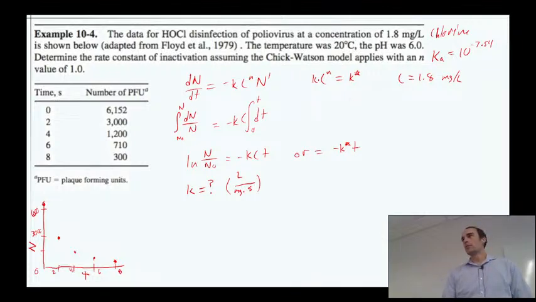One thing you'll see in this problem is that we're given some information that we could use to find the equilibrium value of HOCl, to see specifically how much is HOCl. At pH 6, it's mostly going to be HOCl. There's going to be a little bit of OCl minus if we remember that equilibrium chemistry. So we'll just assume